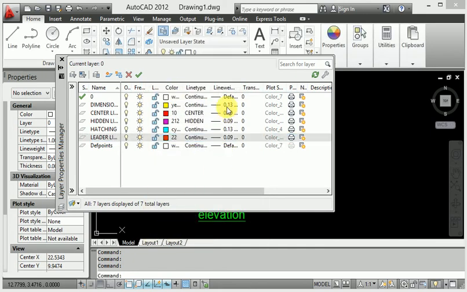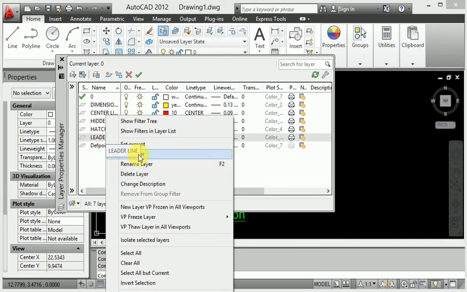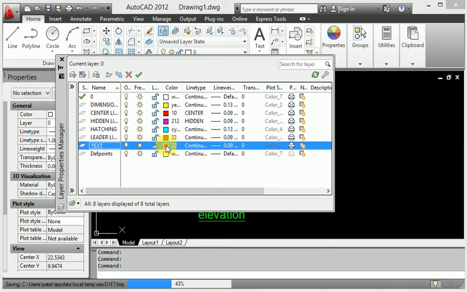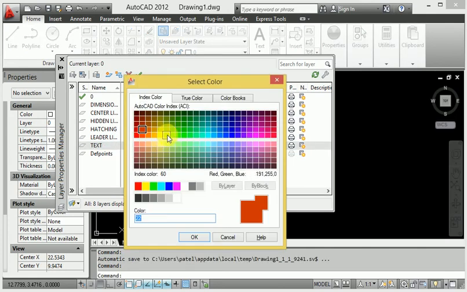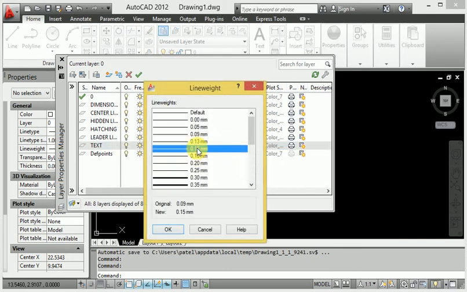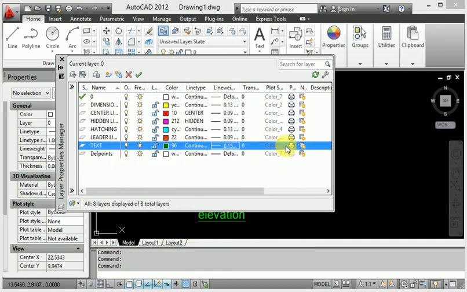Okay. Then again I will show you another layer, like text. For color, I will show you green here. It is good. The text layer is also continuous, but its thickness is changed, 0.15 is sufficient thickness.